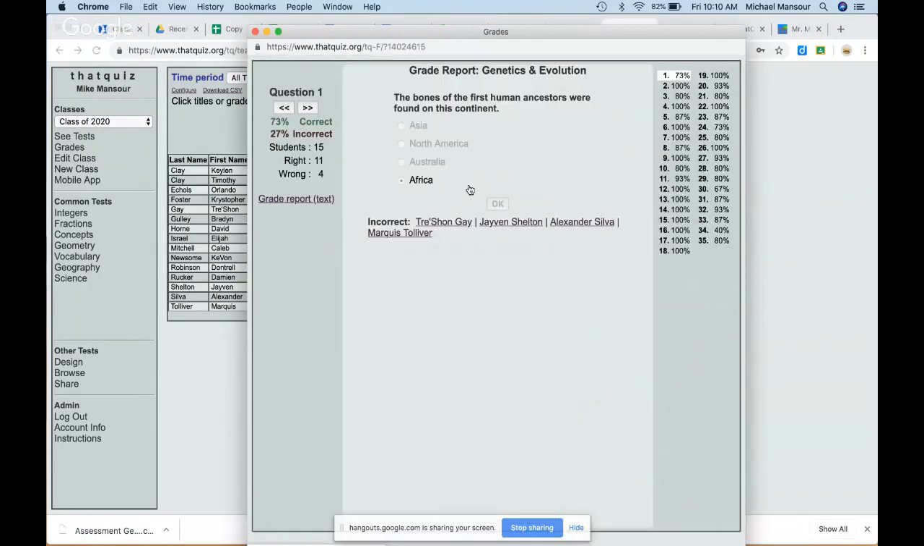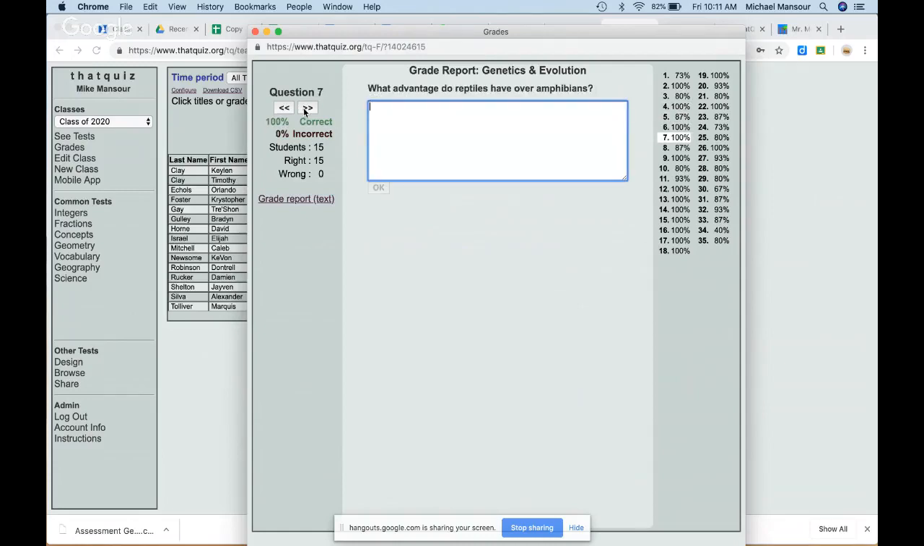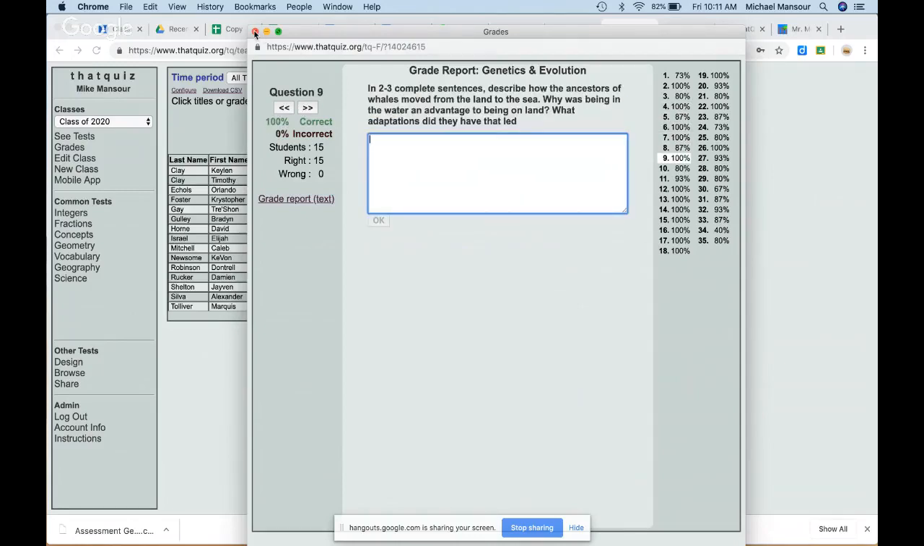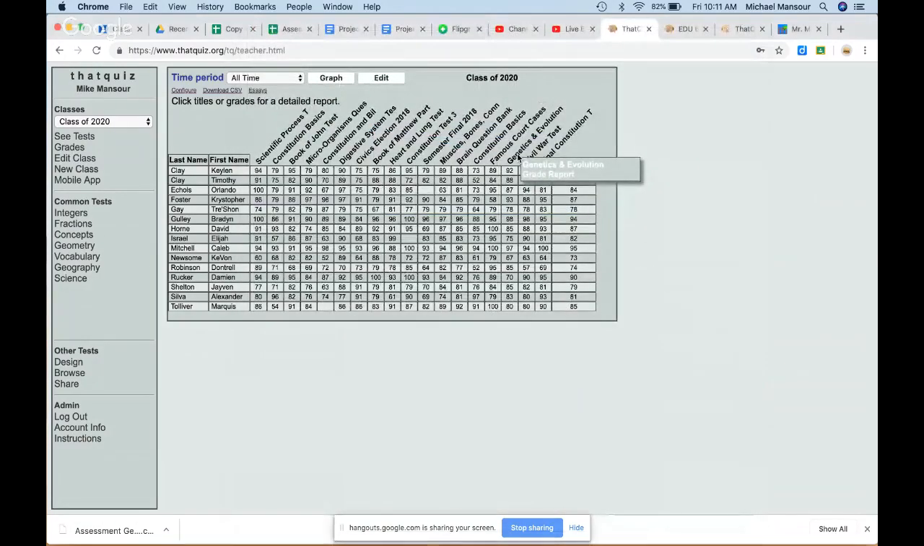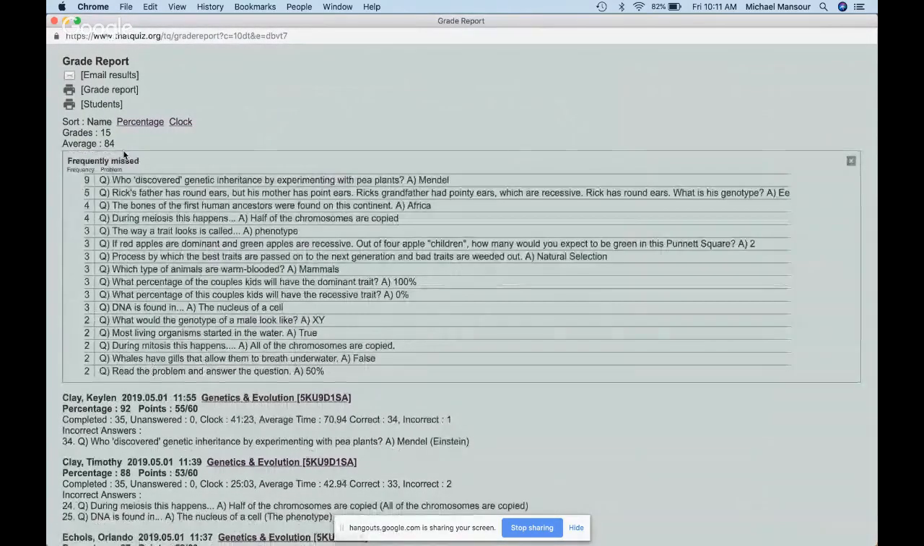Now, if I click on this particular test, I can see the percentages of students who missed particular questions. I can see who missed each question, question by question, and I can see how students did on that. Another overview that I really like here is the frequently missed. It's a really helpful thing for me. Right when I'm looking at frequently missed, one of the things I'm seeing here is that 9 students missed